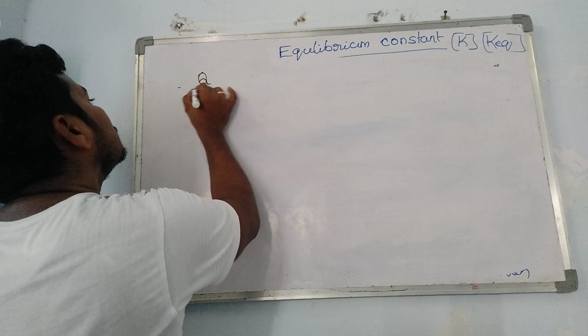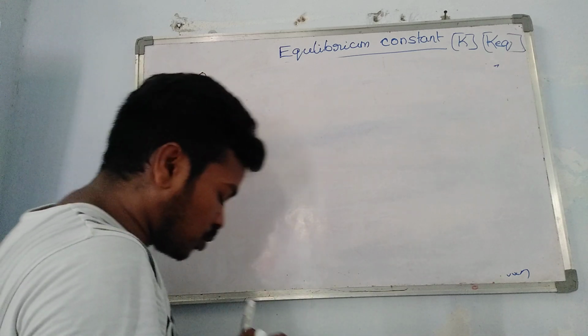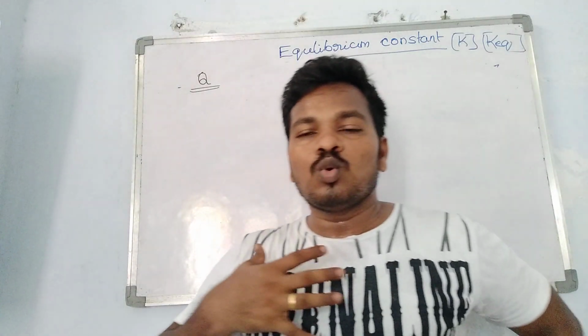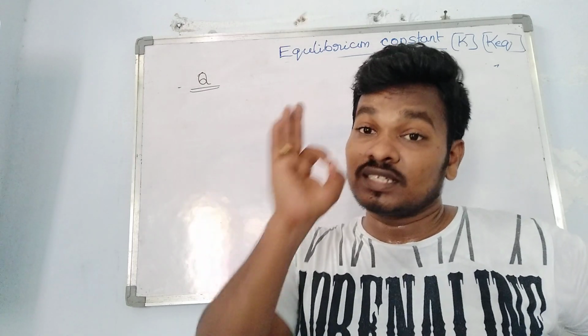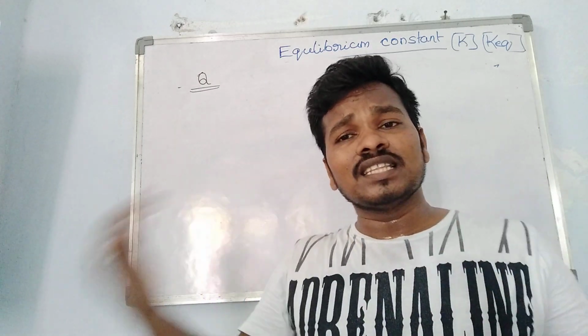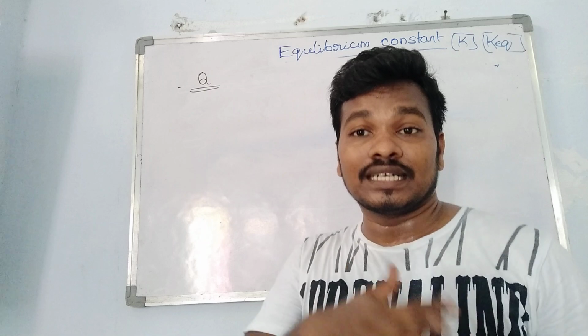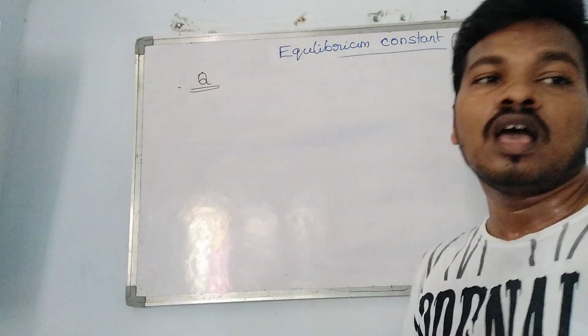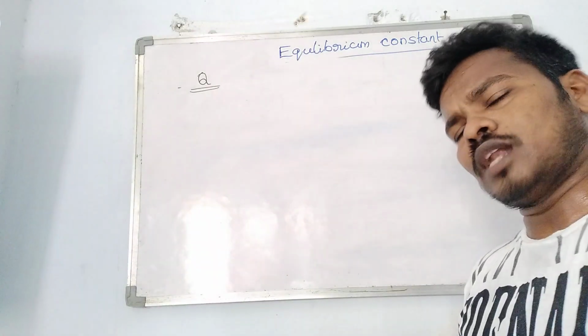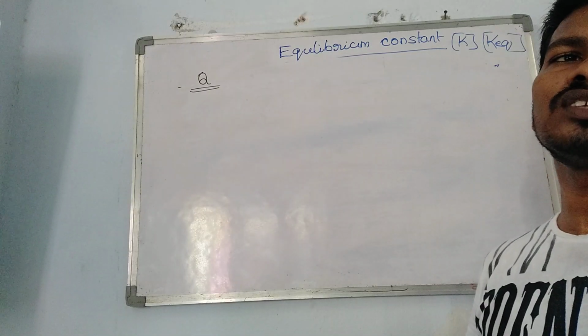The reaction quotient is denoted by the symbol Q. I don't want to know the forward and backward reactions at equilibrium; for conditions other than equilibrium, I want to know, and that time I will use the reaction quotient. It is the same thing as the law of mass action.